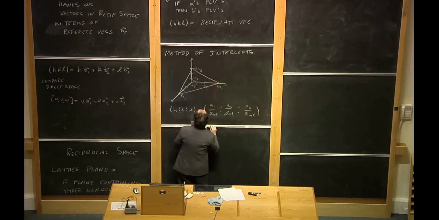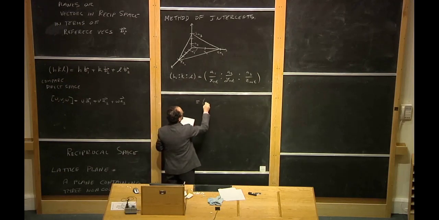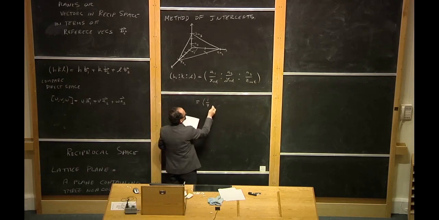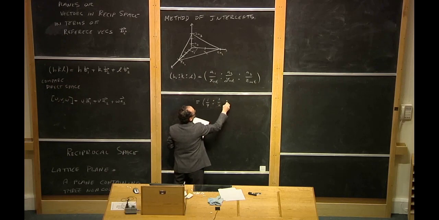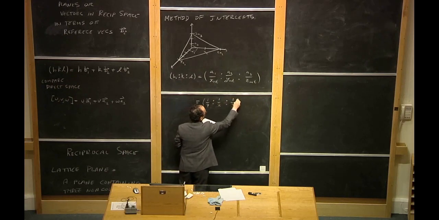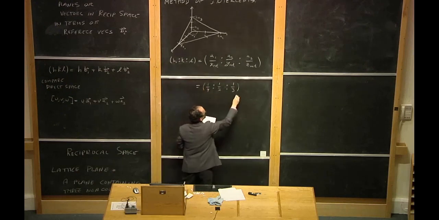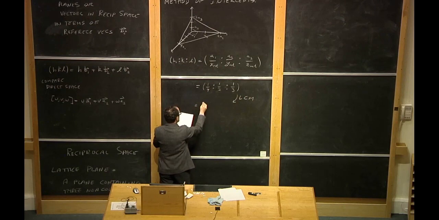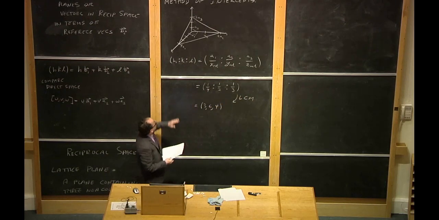So in this picture here, A1 over the x-intercept is 1 over 4. A2 over the y-intercept is 1 over 2. And A3 over the z-intercept is 1 over 3. So it should have the same ratios as this. If we multiply by the least common multiple, we get 3, 6, 4 as Miller indices that would be appropriate